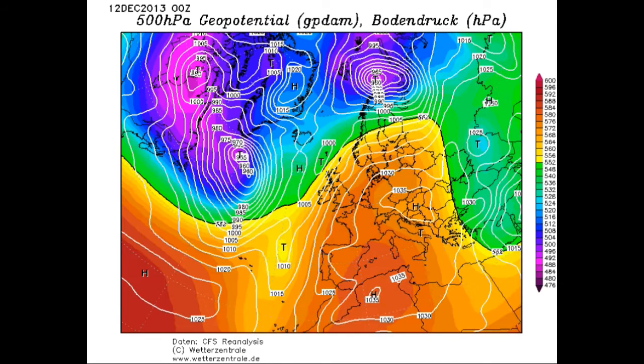Because as we go through to the 12th of December, you can see that we have all of those purple colours coming off the Canadian seaboard and into the Atlantic. Now that is indicative of some very cold air at 500 hPa, and in fact that's the polar vortex. And whenever you see the polar vortex in the Atlantic, it's a sign of some very stormy weather to come. So essentially, we're just setting up the ingredients for that really stormy period in the